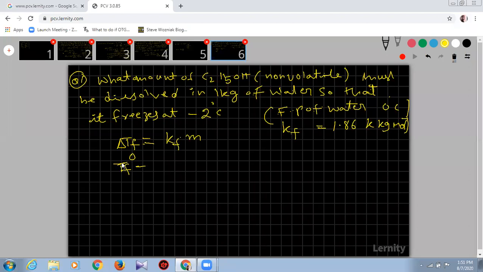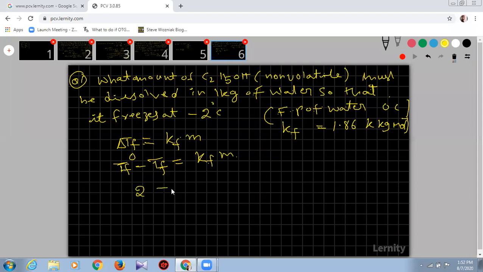Okay, here depression in freezing point. Depression means the solvent has more freezing point. The solution will have less freezing point. That's why it is depression in freezing point. So the solvent will have more freezing point: TF naught minus TF is equal to Kf into m. Okay, so delta TF, how much here? Here the freezing point of water is 0°C, and here minus 2°C, so that it freezes at minus 2°C. So what is the difference here? 0°C, 2°C. We can suppose taking in terms of Kelvin only. Okay, no problem. Then what is the difference?